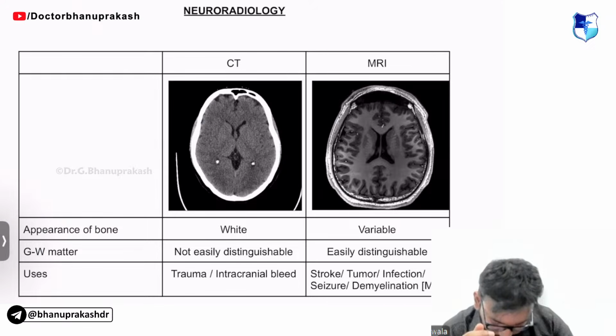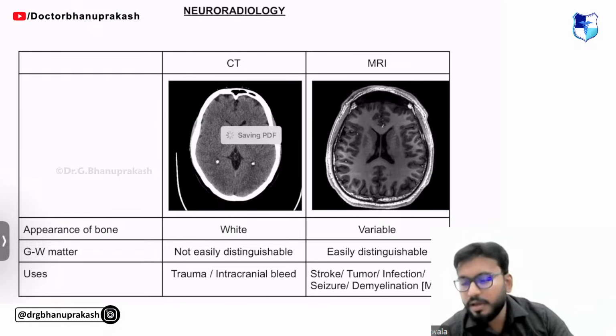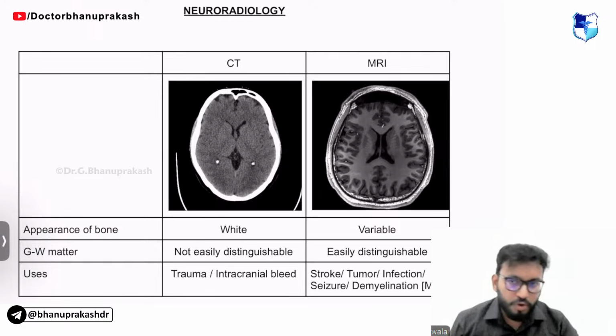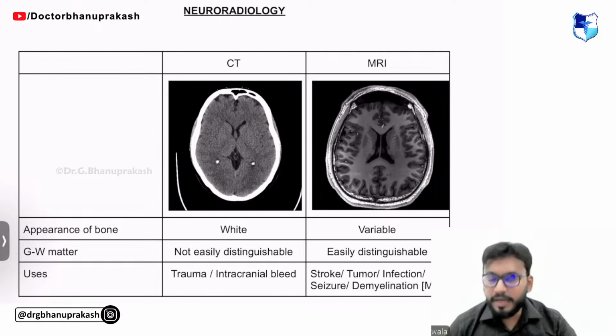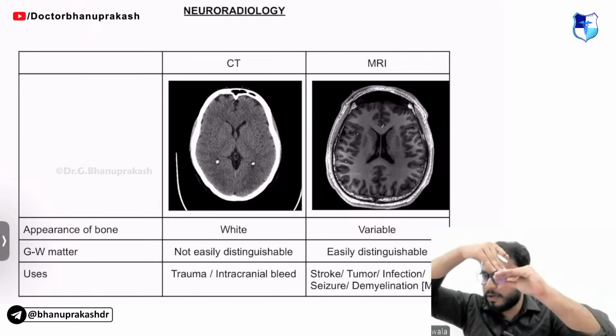Yes, color Doppler duplex. Okay, see what happens in DVT. I'll tell you one point. Normally on duplex or Doppler, the vein is compressible. There is a monophasic flow. In DVT, deep vein thrombosis, if this is the vein and I'm compressing with my probe, normally I will be able to compress it.